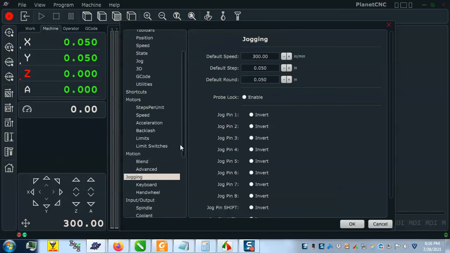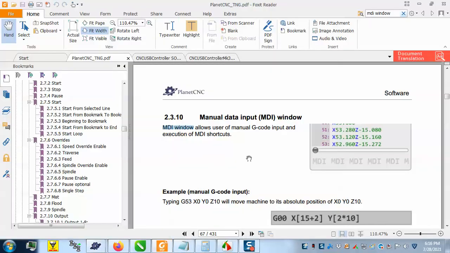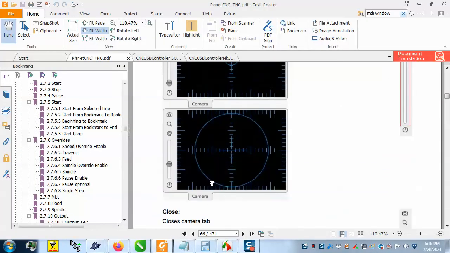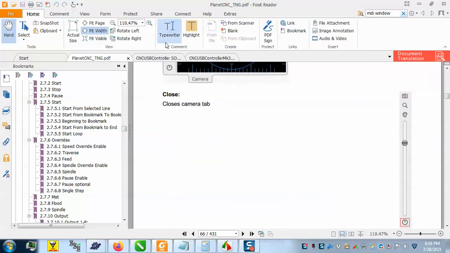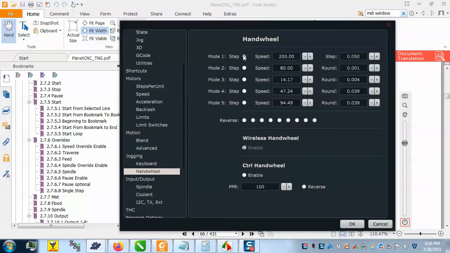But one place where it does come handy is I do have a hand wheel, and I'm noticing right here, according to this thing right here, there is oh, that's something else. But basically, the manual says that this thing functions like this. By default, it's not checked. So if it's not checked, it's going to use speed and round. But if you check it, the checkbox is for the step, meaning now it's going to do a step instead